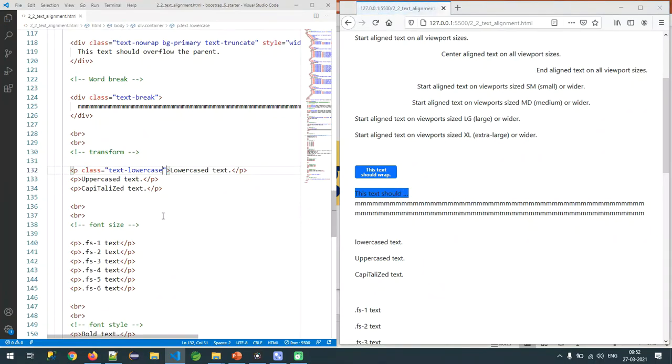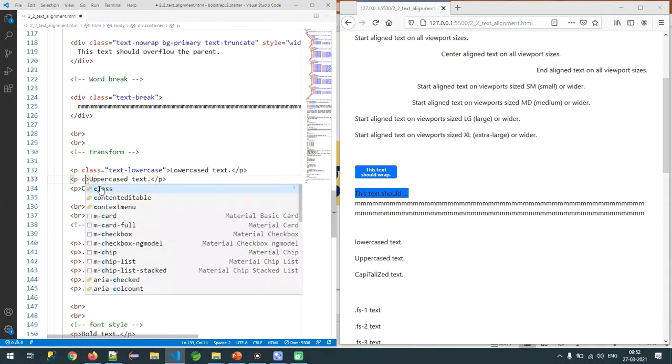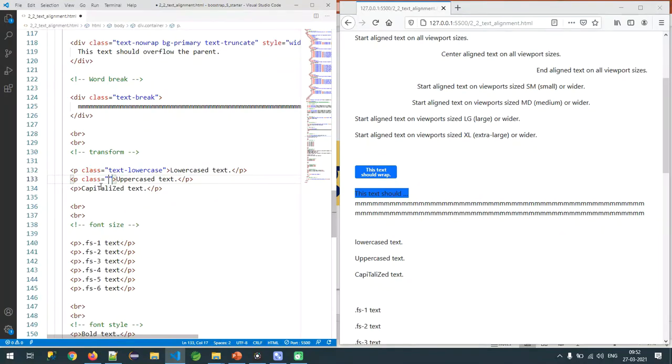Now let me save this one. See, sir, what is the content? It is containing what? L is a capital letter, but on the UI, how is it displaying lowercase? How is it possible? Because of this transformation. This class is provided by Bootstrap, and we are using the same. Now, can you imagine how you are going to convert into uppercase, sir? Yes, your guess is right. What is the code? Text hyphen uppercase.